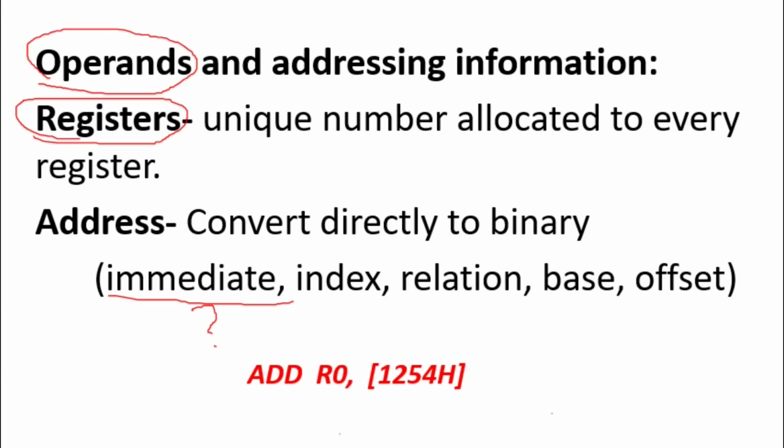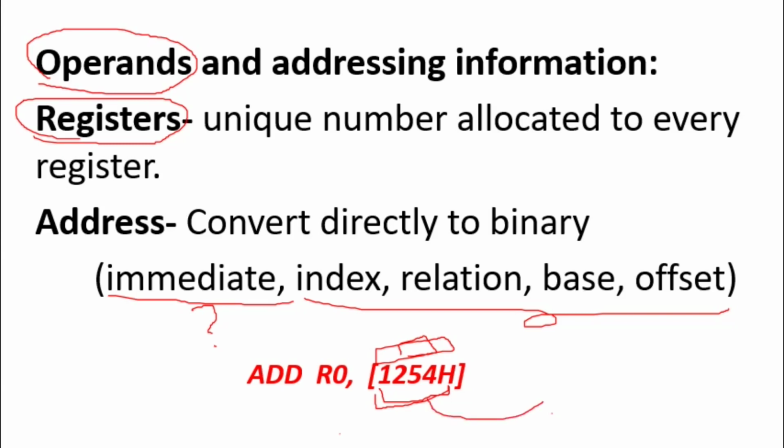And the other type of addressing modes are those which actually refer to memory. In these kinds of addressing modes, we mention the address of the data in various ways. So those values, the memory offset values, for example here 1254H, should also be stored in the encoded data. Along with which kind of addressing modes we have used for source and destination, the actual operand details must be stored in the encoded data.